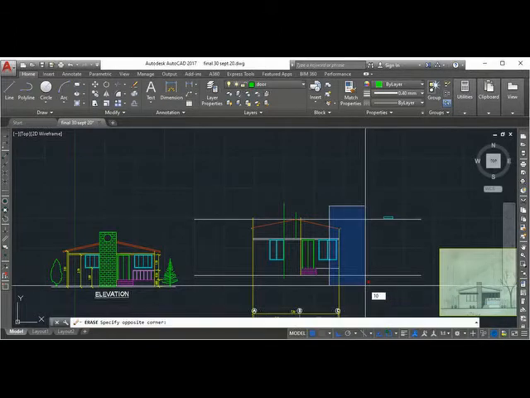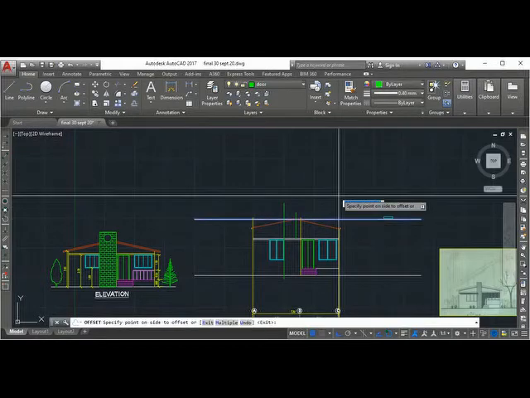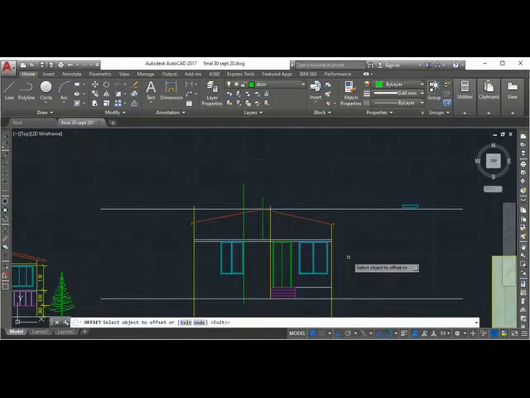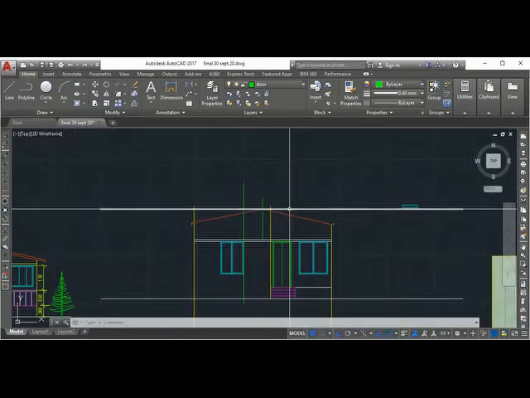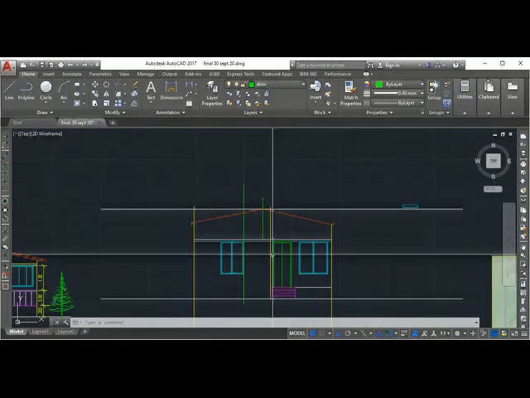Offset 0.8. Problem is coming in my laptop. Okay, you have to offset this, and this should be your design.